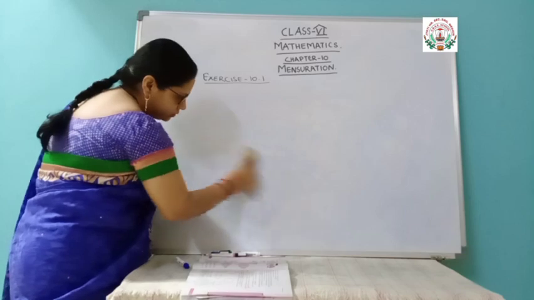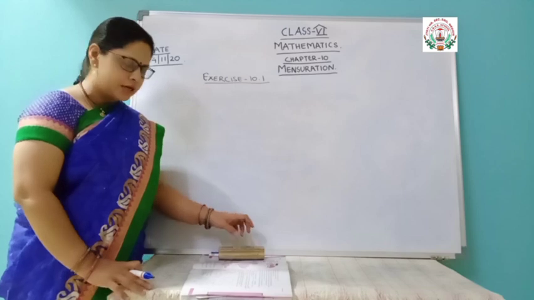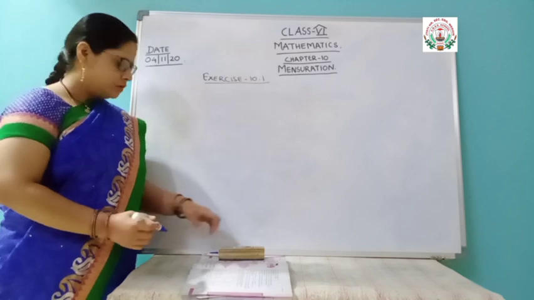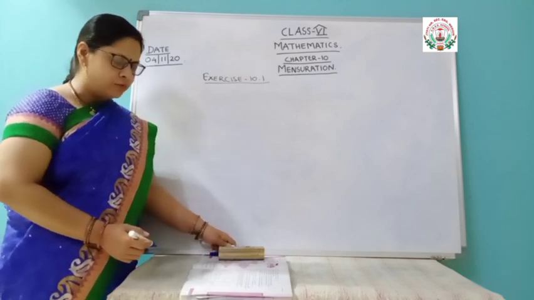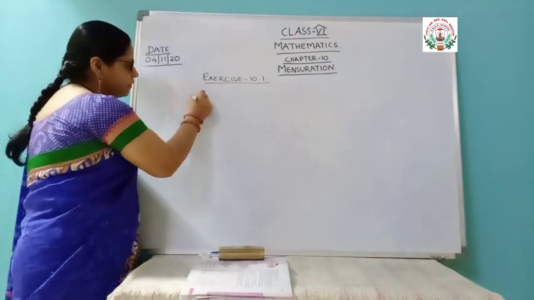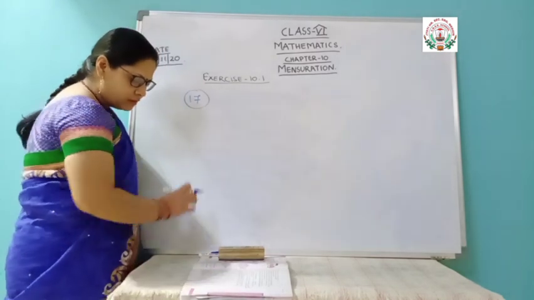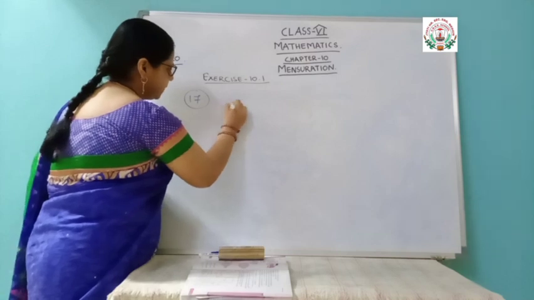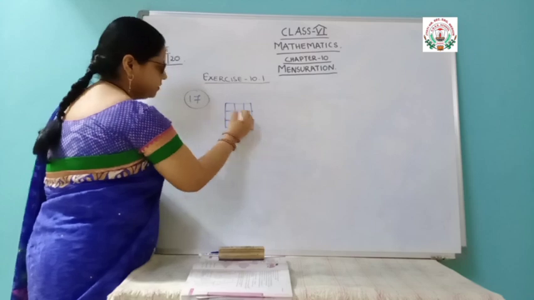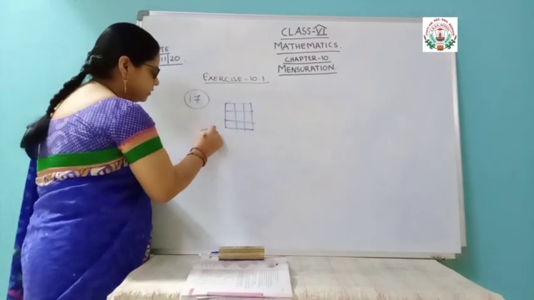This kind of question, the 17th question, generally does not come in school exams, but it is very important for competitive exams. So sometimes you give a competitive exam like a maths olympiad in school or any other competitive exam. When you give them, this type of question is very important. So Avneet buys 9 square pegs. In this manner it is arranged, with each side half a meter.